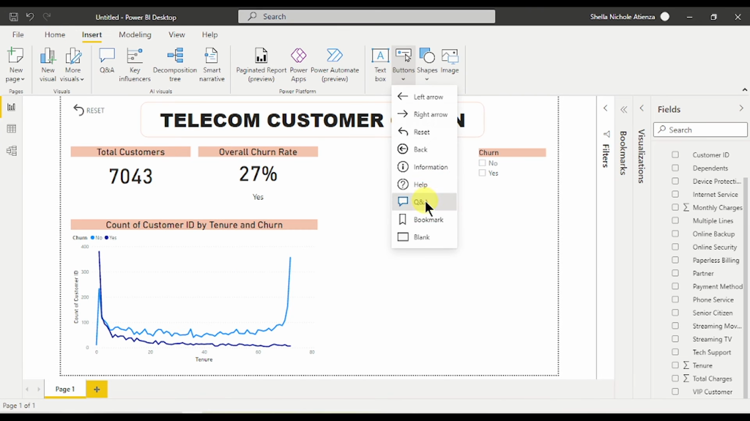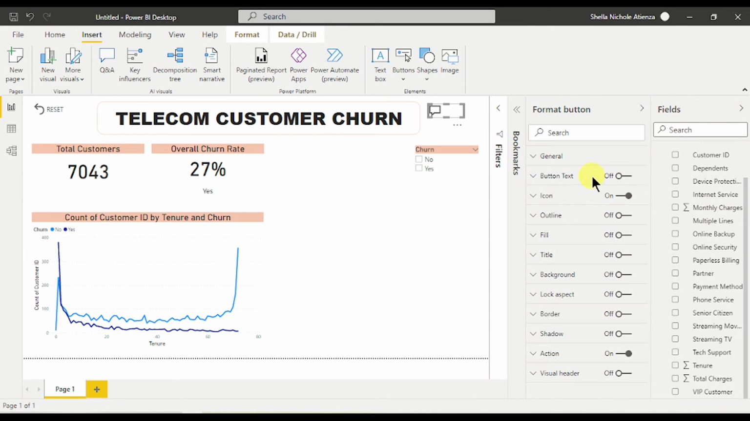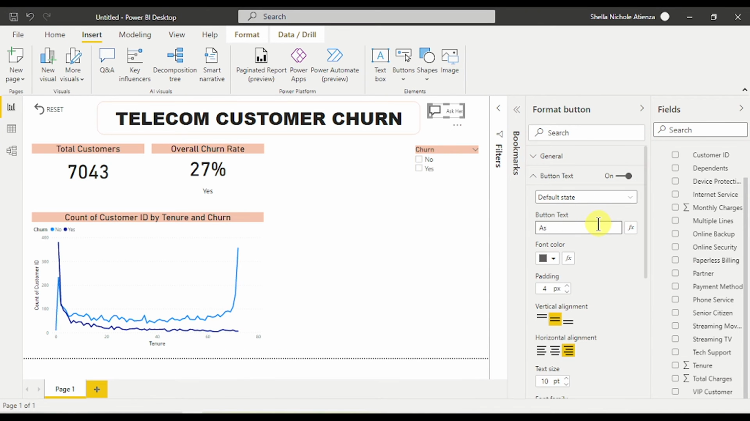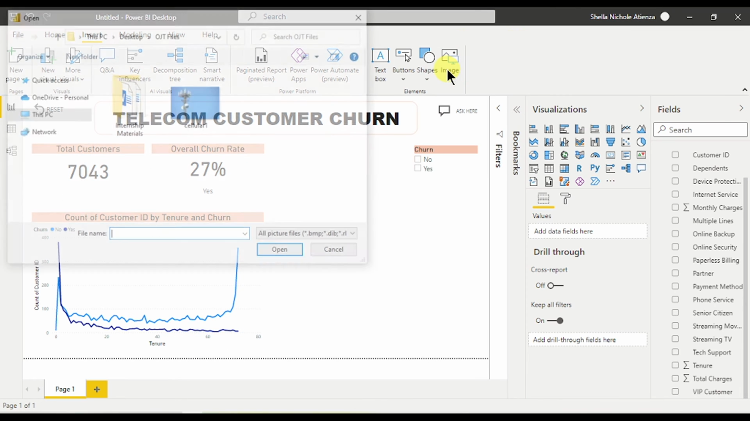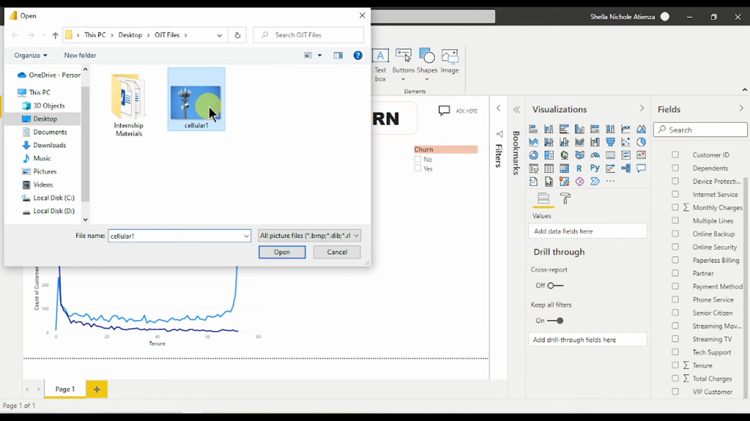We can also add a Q&A button which lets you explore your data in your own words. Again, modify its properties according to your preference. Also add an image to our report,